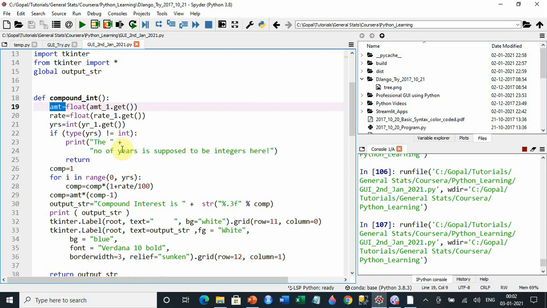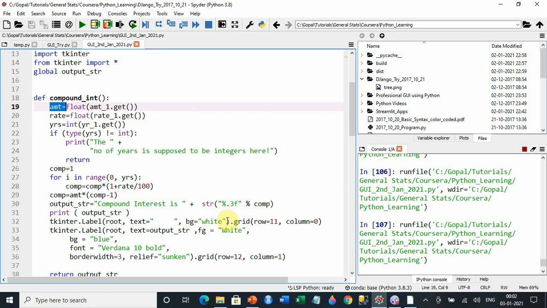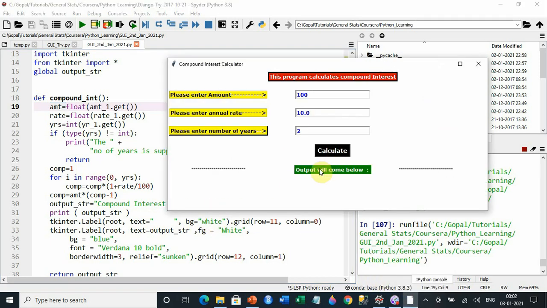function. So it is doing, and then what you need to understand is that it is actually creating a blank text inside this. So essentially when you hit the button, it first creates a blank text below this particular stuff, and then it is actually putting a label. So text is essentially what you are calculating here, compound interest is this, and here you are putting border width equal to 3, sunken. So essentially it will feel like it is sunken here.